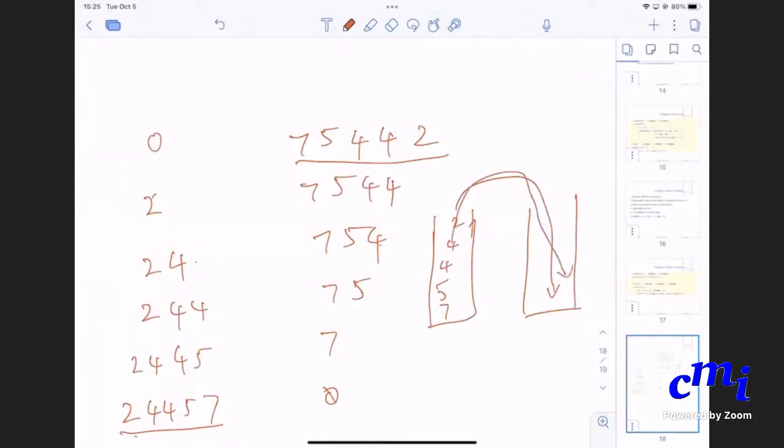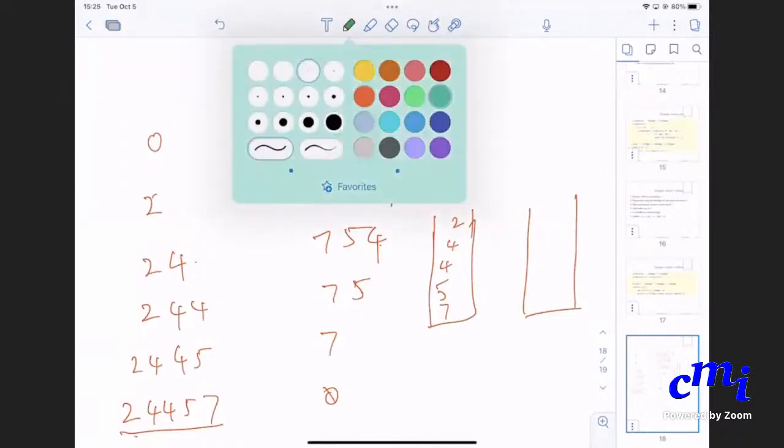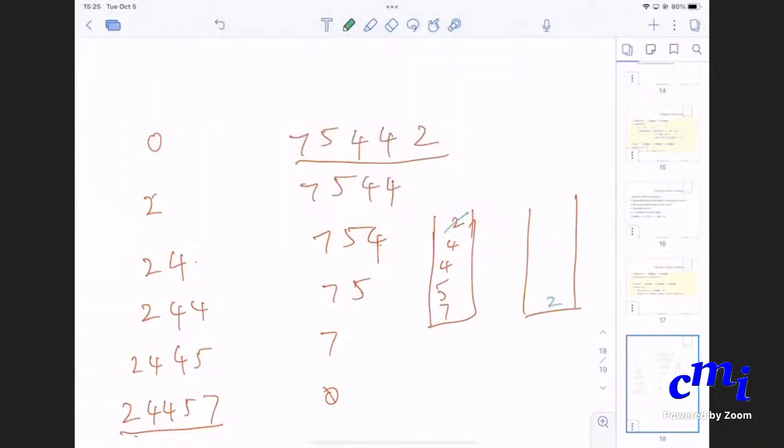Then this 4 goes on top, and this 4 goes on top. Now the stack is empty, and if you read the stack from bottom to top, it will be 2, 4, 4, 5, 7. That's the reverse of the original number. Is it clear?